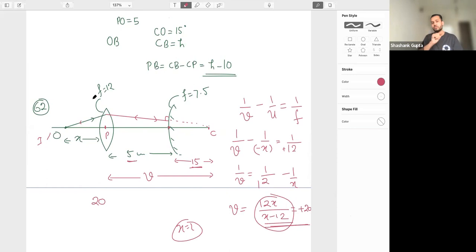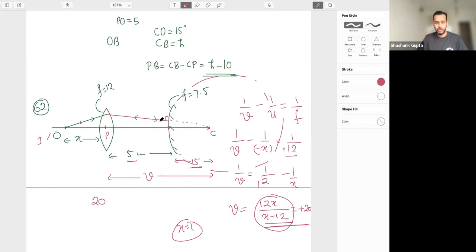This is the converging lens. So the ray which was going there converges and goes somewhere here. If we want the object and image, how do we determine the sign of the focus? The direction in which the ray is traveling is taken to be positive. If it is a diverging mirror, its center will be somewhere here, because it is a part of that sphere. So the center is on the right side of the pole. That's why I've taken the focus to be positive. For the lens also it is positive, and for this converging one it is also positive.